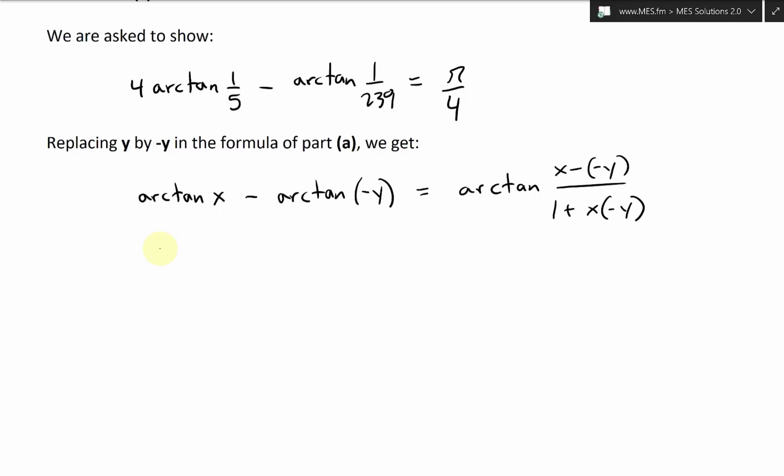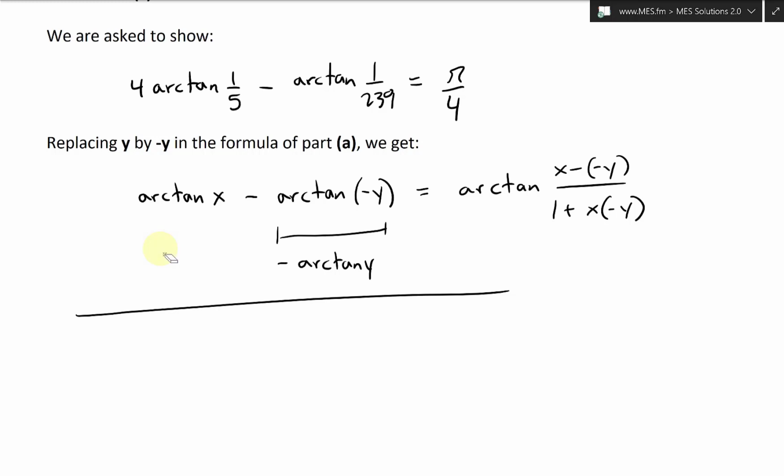Alright, so we have this. Now this part right here is equal to negative arctan of y. And we'll show that, and the reason is, so then we're going to have an addition there. So we're going to show that because, well, recall